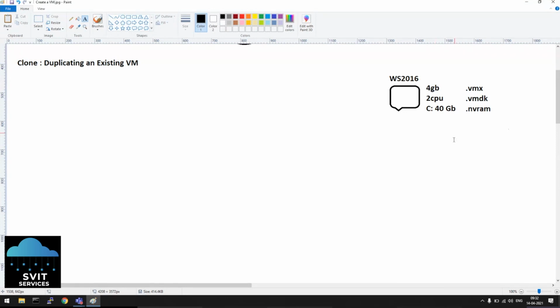We can just copy paste these files and create another virtual machine. Something like you have downloaded one new movie. It took some 3 hours to download with the internet speed that you have. And if your friend is nearby and wants another copy of that movie, he will not download it again. He'll just copy from you with a pen drive, right? That's an easy option. That's why these files are similar to that. We just copy paste these virtual files, .vmx, .vmdk, and another virtual machine will be created.